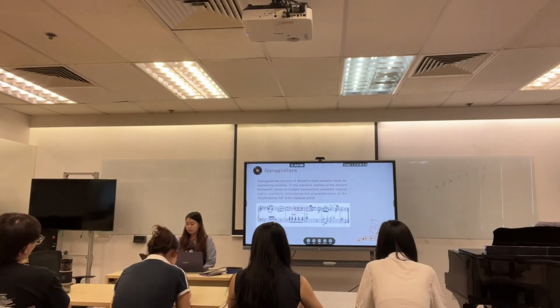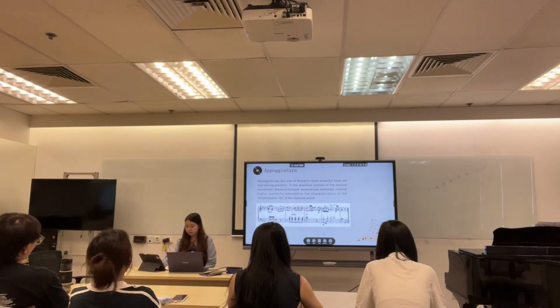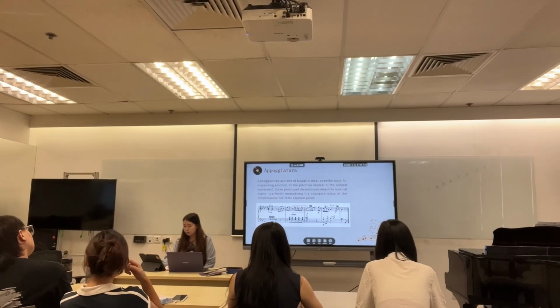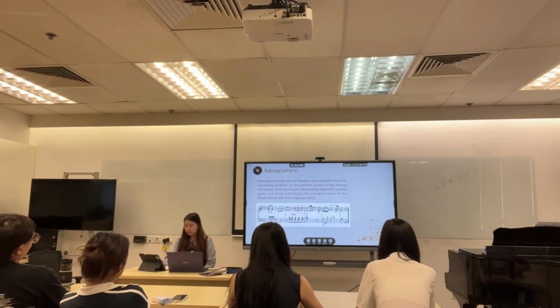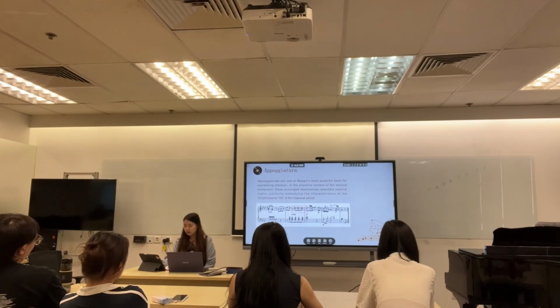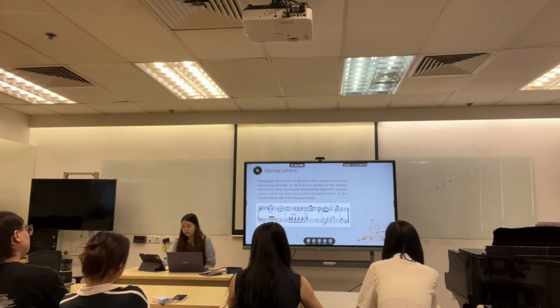So next is appoggiatura. Appoggiatura is one of Mozart's most powerful tools for emotional expression. In the pianistic context of the second movement, this prolonged dissonance is reasonable music science, perfectly embodying the characteristics of the galant style